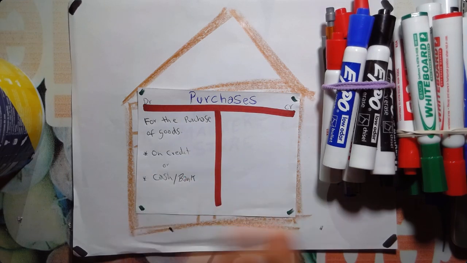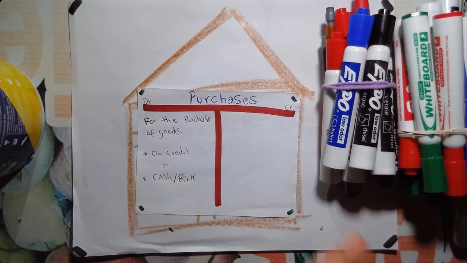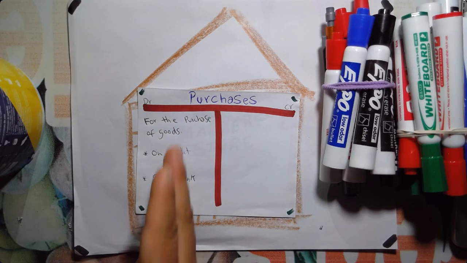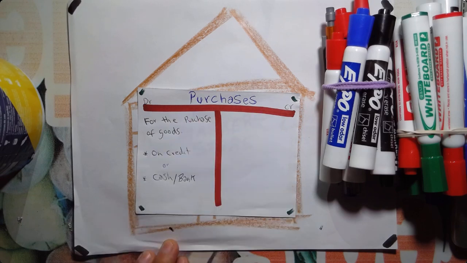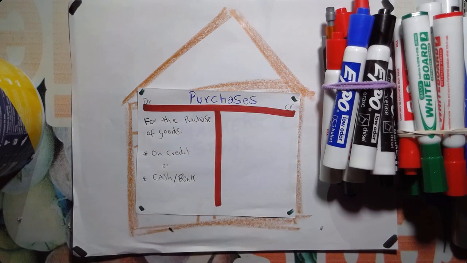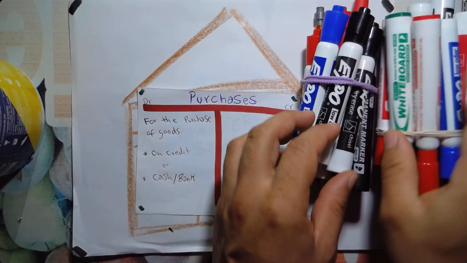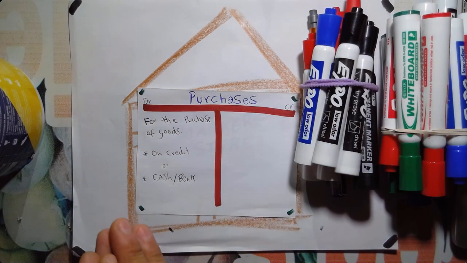So every time you purchase more markers, you will post that particular transaction on the debit side of your T account, purchases. Now, let us say that after I take a look at the markers, after they were delivered, after I purchased them,